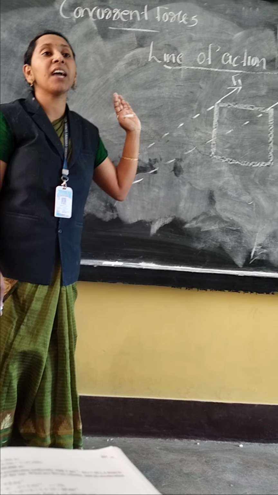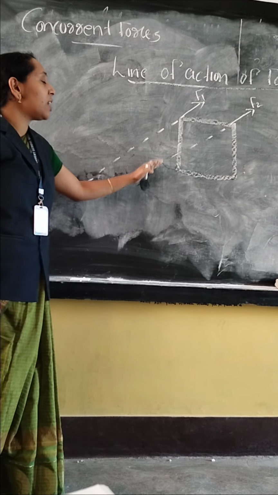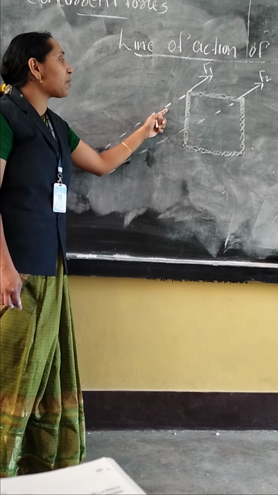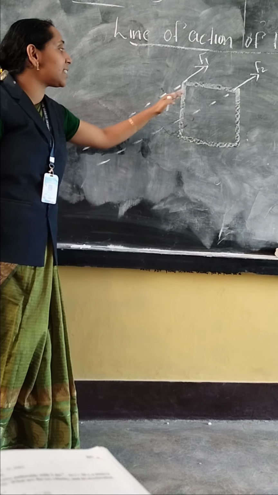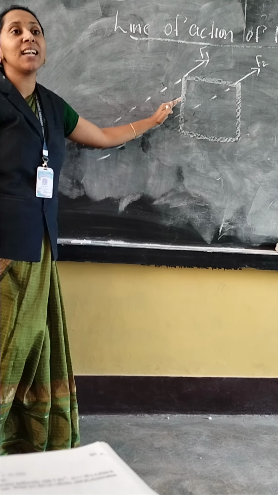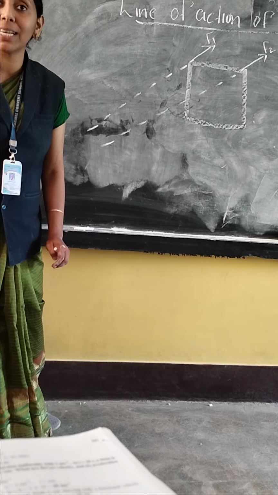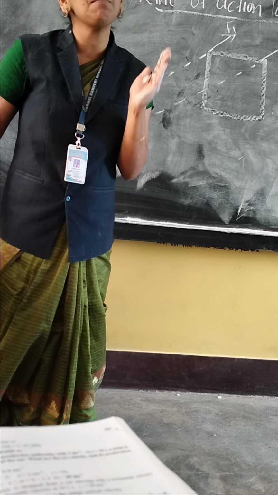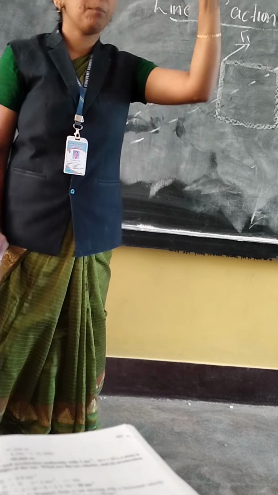Hello sir, listen here everyone. Line of action of force means just the extended force. Are these lines of action intersecting anywhere? No. The line of action of F1 and the line of action of F2 are placed in the same plane. That's the reason this type of forces are called coplanar forces. The lines of action of the forces lying in the same plane are called coplanar forces. Point number 2. Another example. Another body.